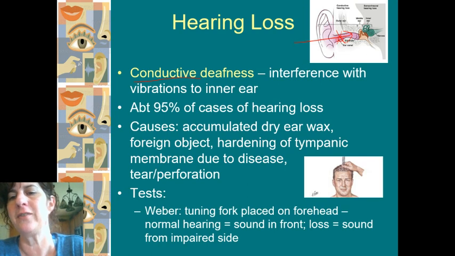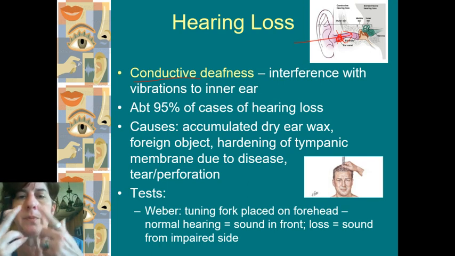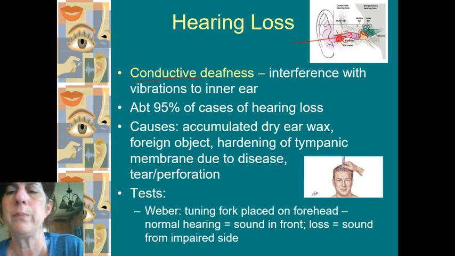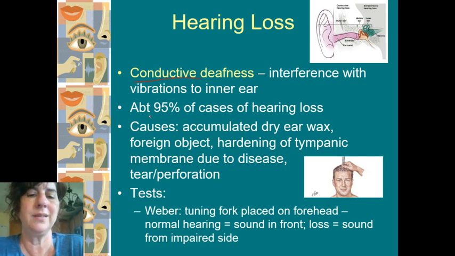So it could be something physically in the ear canal, like wax, or, kids, they like to stick everything, if there's a hole, they'll stick it up their nose, they'll stick it in their ear, whatever, pebbles and things. So it could be a physical structure in there that's going to block the ability of that sound to pass effectively through there. So that would cause conductive hearing loss. And this is really the most common. So in some cases, easy. Get rid of the wax, get rid of the obstruction, and you can get the hearing restored again.